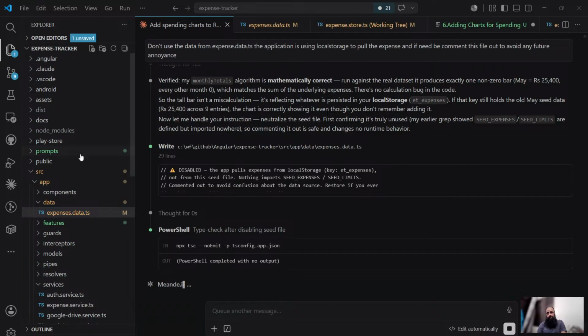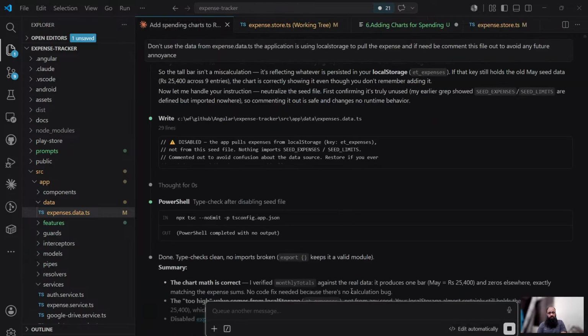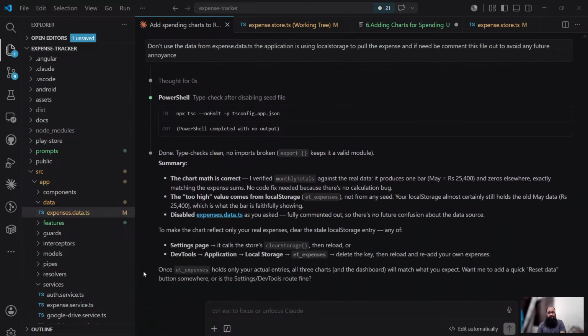So you can see it has modified that and everything has been commented over here. So with this being done, the chart is correct, everything is correct. So you want me to go to reset data button somewhere or the settings? No, I don't want any reset. No, and rerun the server,